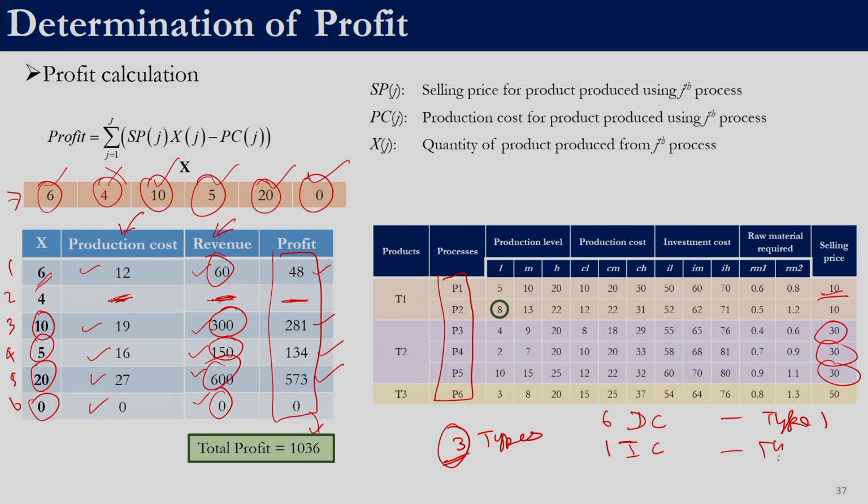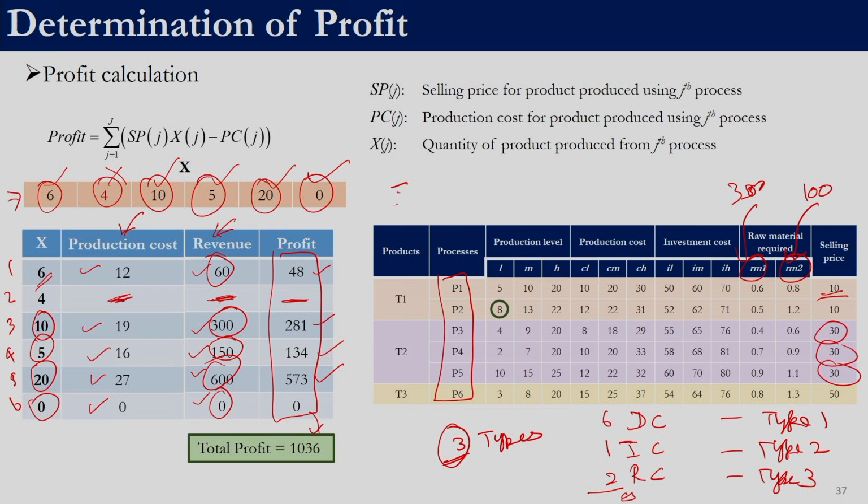So, this is type 2, and in this case we have 2 raw materials, raw material 1 and raw material 2. If both are available in limited quantities, let us say one is available in 300 and the other only in 100, then we have 2 raw material constraints. So, this is a type 3 constraint. We will have a total of 9 constraints over here.